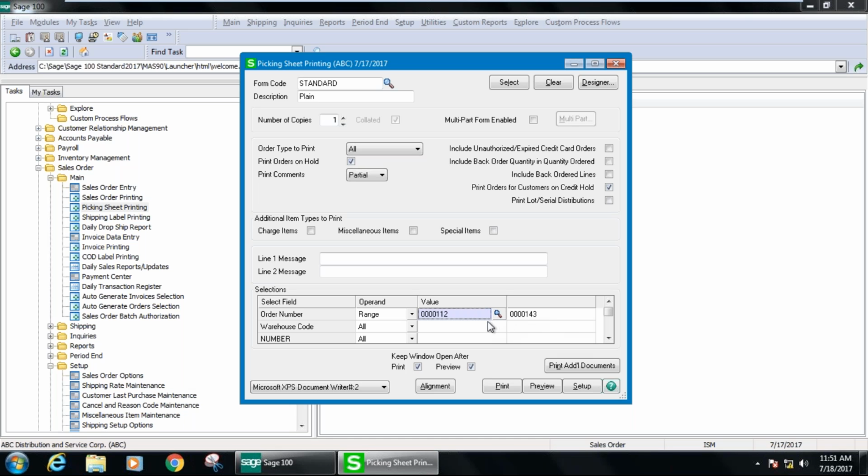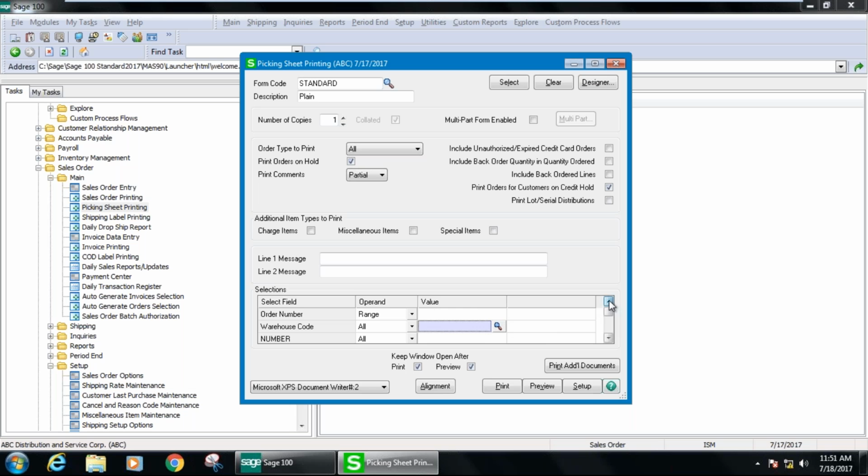However, let's say that you didn't want a range, you just wanted this picking sheet and this picking sheet. What most of our clients don't realize is anywhere there is a parameter in the system, any of these fields, we can choose a comma